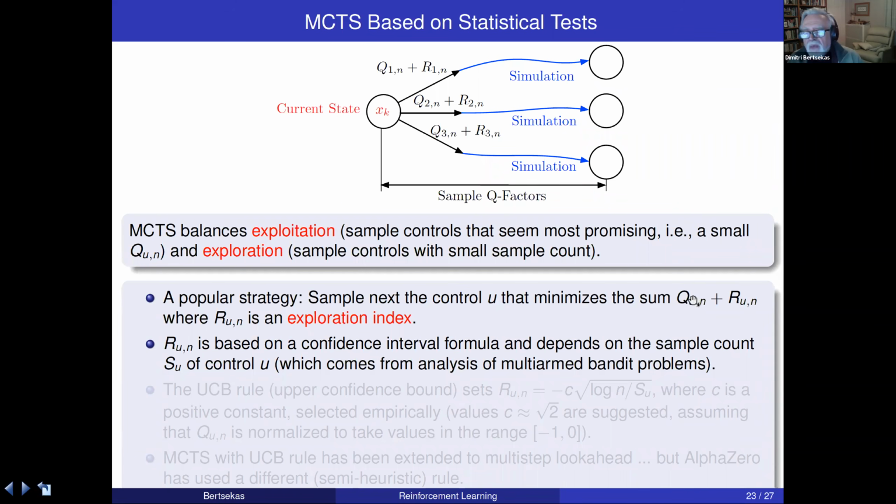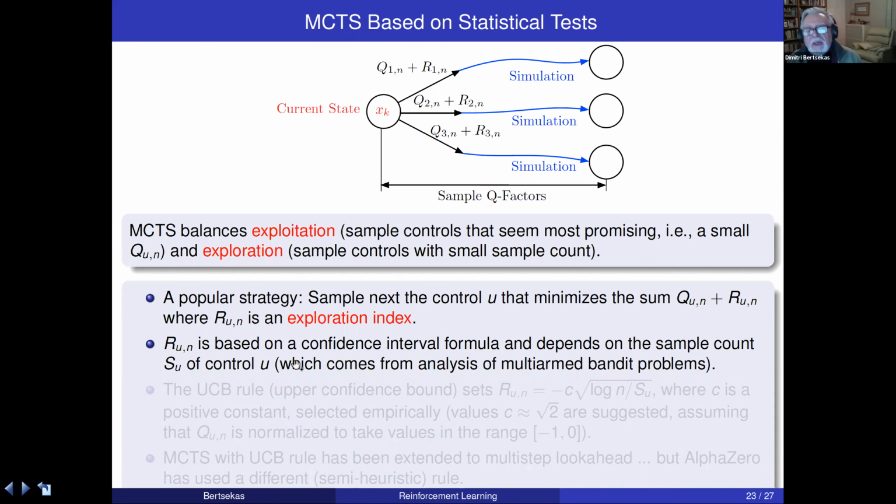The formula for the exploitation index is pretty clear. It's the running average of Q function values, Q function samples. For the exploration index, a lot of people have different proposals. And there are statistical considerations, statistical tests, confidence interval type of tests. And the exploration index depends on the sample count of control U, and an